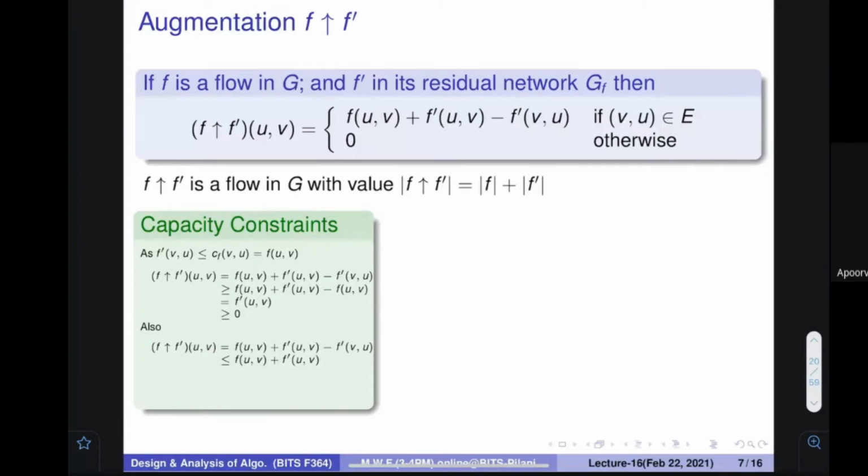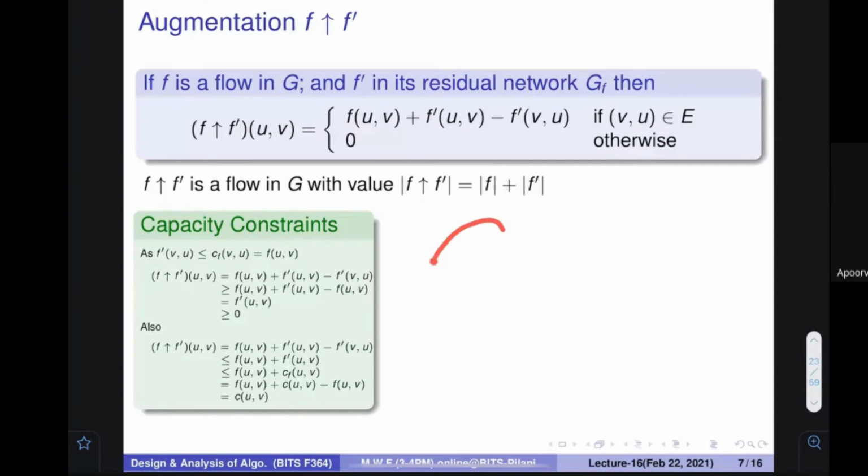I just wanted to ask whether this line is clear, that there is some negative part that I am removing, so I can write that all these things are actually greater than this. Okay, so you know that f dash, what is the flow? It is actually bounded by the residual capacity, because what is the CF of UV? And you know that CF of UV is equal to C minus FUV. UV again comes, so they get cancelled. You can see that it is CUV. So anything that you do as an augmentation is upper bounded by the capacity. That is the proof that it is upper bounded by the capacity.